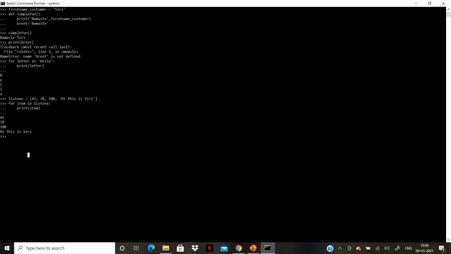A list can contain various objects of different data types. It can be numbers, strings, booleans, and even other lists. These other lists, if part of a list, are called nested lists. For example, if I create another list, list_new, we take numbers, strings, and we can take another list, for example 1, 2, 3, 4, 5.